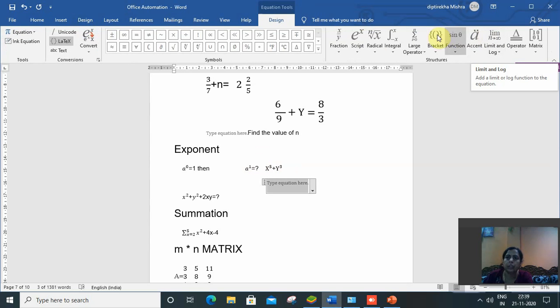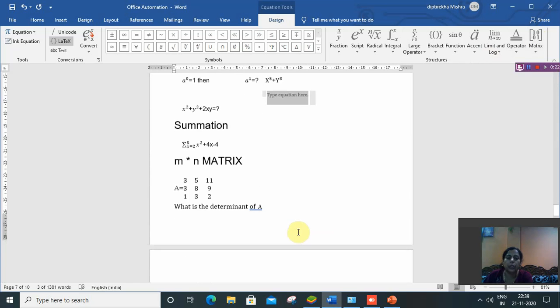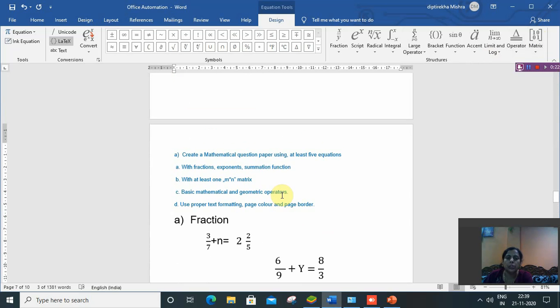Okay, then choose any type of format. Like in the third bit, I have inserted summation. Okay, so this is summation, large operator. And for the third question, I have inserted a 3 cross 3 matrix by using matrix option from the structure of the equation. Okay, so this is the second equation.